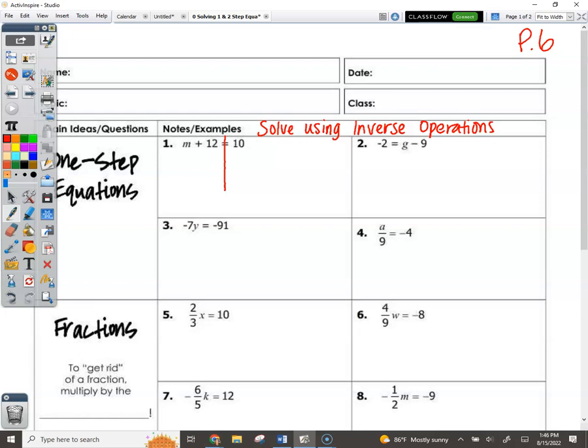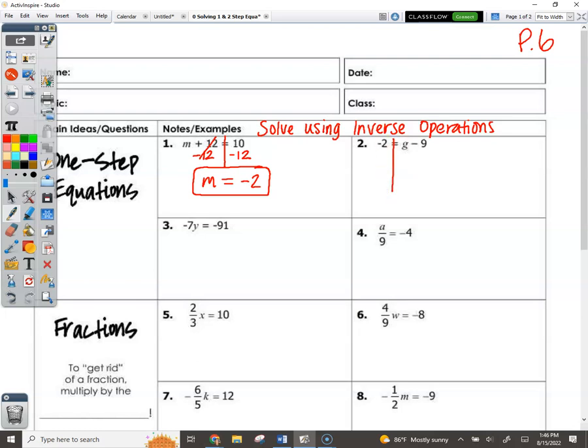All right, so looking at this, m plus 12 equals 10. What value plus 12 will be 10? I'm going to do the inverse operation here, then I'm going to come over here to balance it, and I get that m is what? Negative 2. Now, if it bothers you to have the line right here, to me it doesn't bother me, which you would think it would, but I can erase it if it bothers you. The line is just to help me compartmentalize. And we will get to the point where we're not going to have to draw the line anymore. Okay? All right, over here,